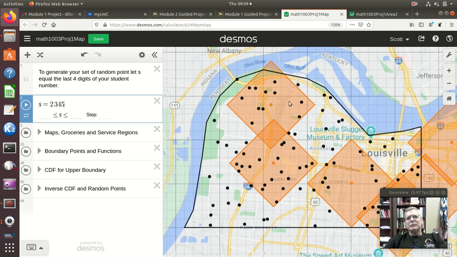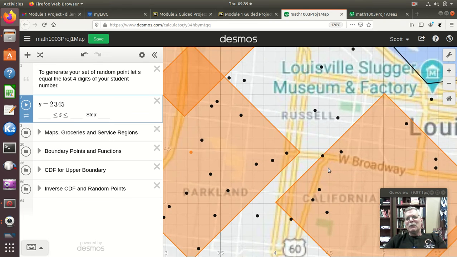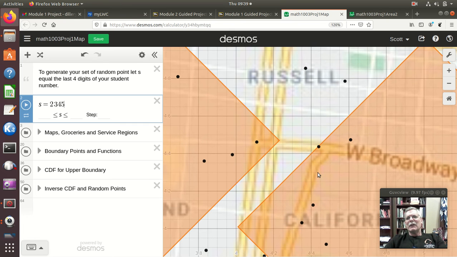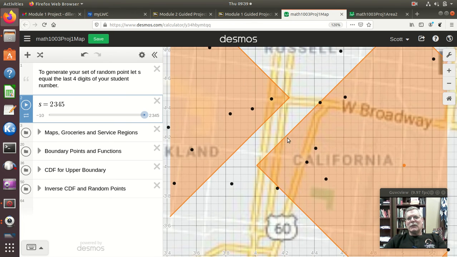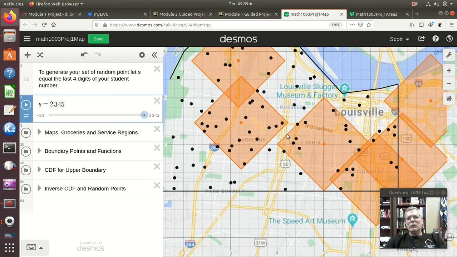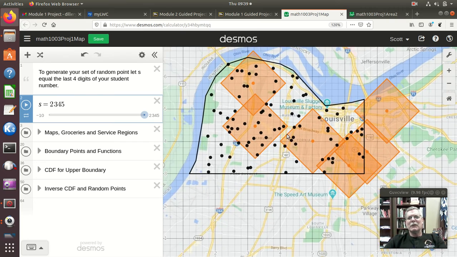start counting all these. And again, if I need to zoom in to make sure, here's one, this one here, it's kind of right on the line. This one's very close to the line. So again, I could zoom in to try to figure out, is that one inside or outside? That one looks to be inside, but that one looks to be outside. And then I can just unzoom, scroll back out with my mouse and,